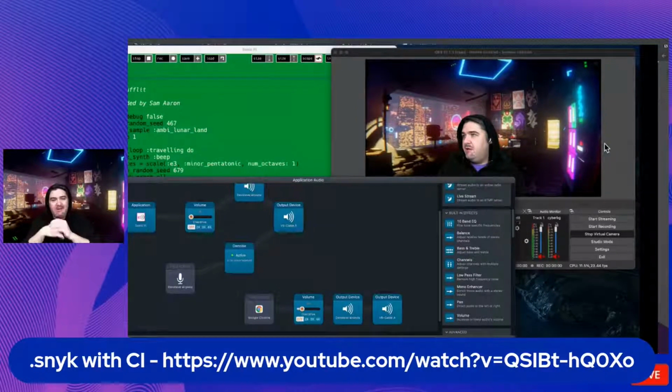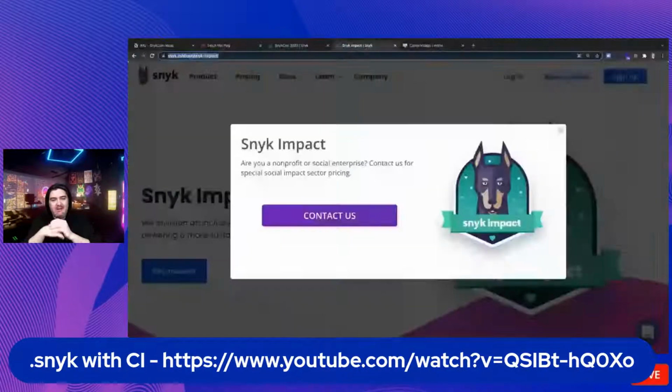They basically added some new functionality to the command line so that you can do custom security policies with the Snyk CI. I would highly recommend checking out that talk, which I really need to get to from,